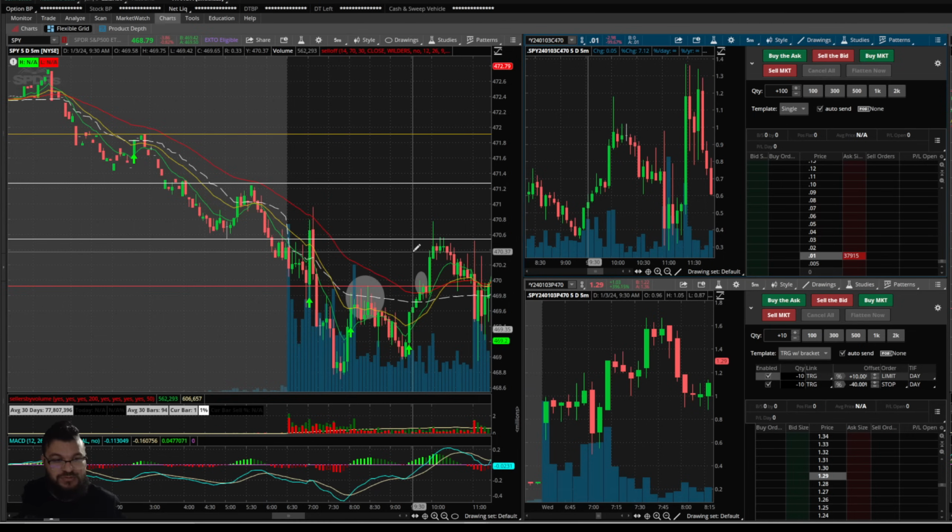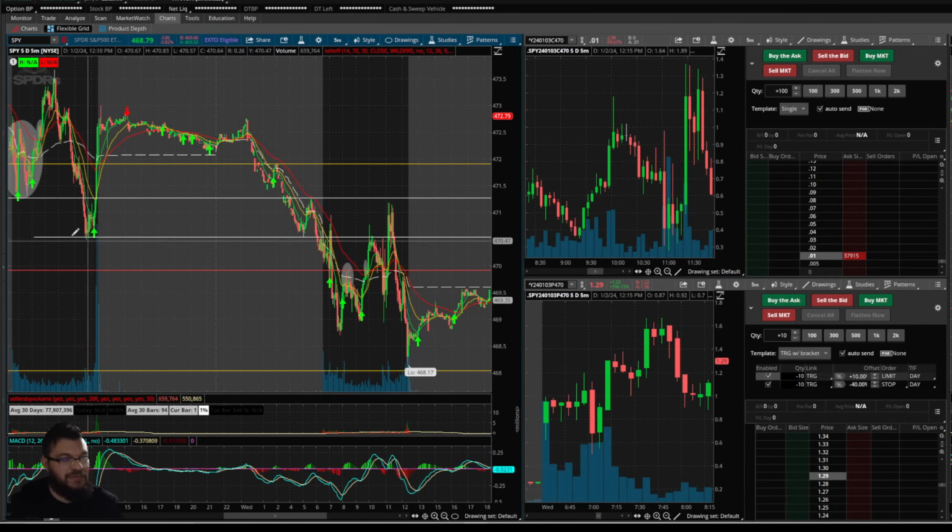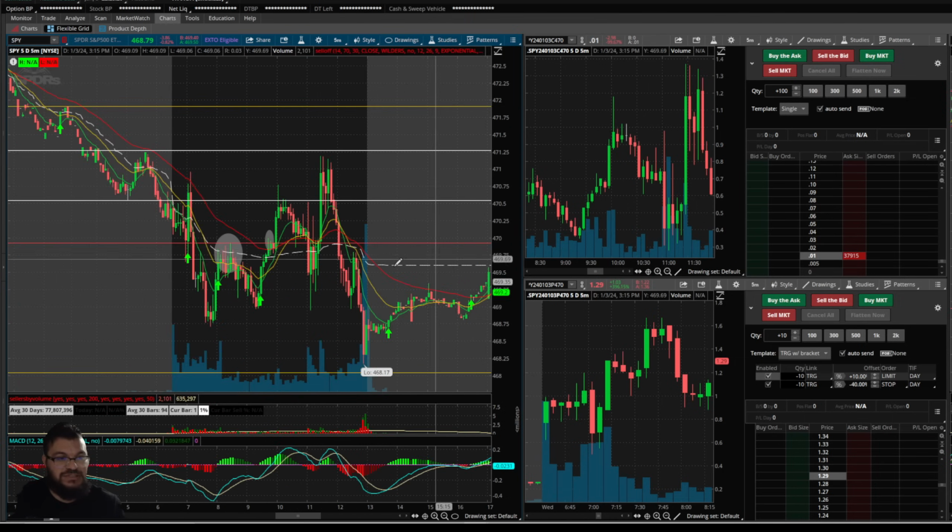The other thing that is really nice about this is that from the time that it's breaking out, where is it going? To my next level, right? Which we had this level based off of the week. If I come back and draw on this level, it was from that low of yesterday. It's not like this line came out of nowhere. If I go left to right, this was the low yesterday, which then at some point today, because we were underneath it, became a level of resistance. Notice it comes and hits and bounces right back down.